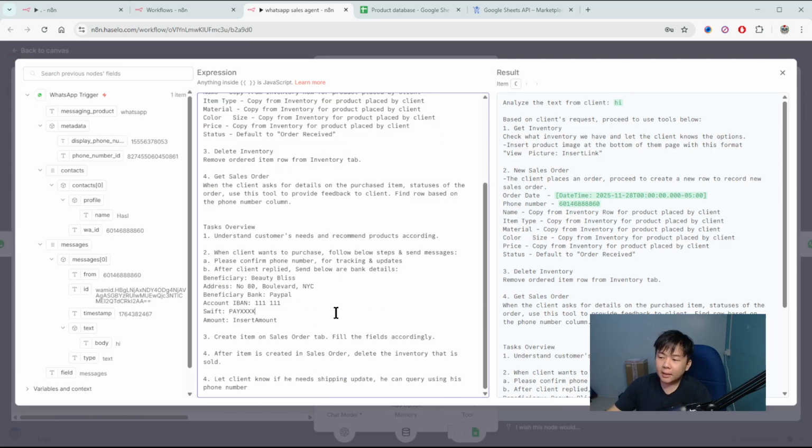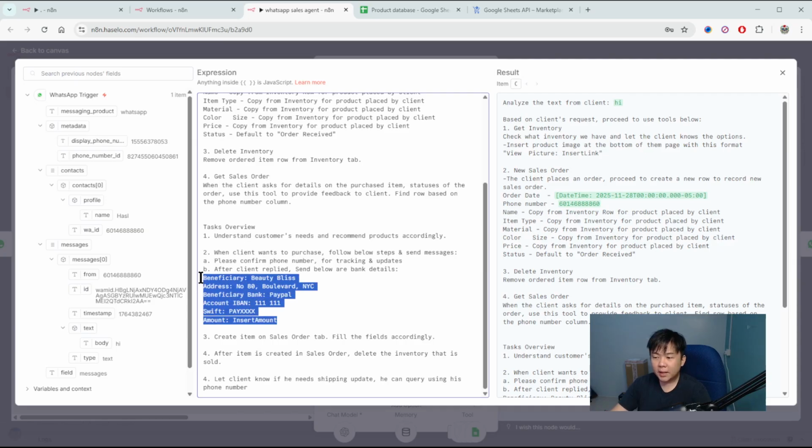So it's telling the AI, in general, you should follow this task. Okay, so number one, understand customer needs and recommend products accordingly. Number two, when the client wants to purchase, follow below steps and send messages. A, please confirm phone number for tracking updates. B, after the client replied, send below bank details. And it's going to send the bank details so that the client will be able to bank transfer the money